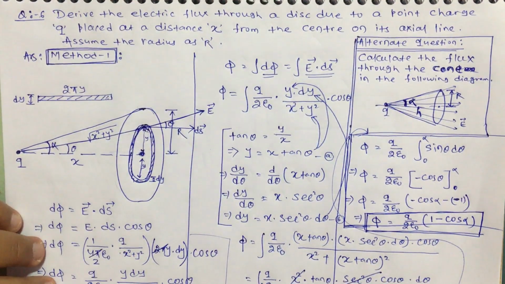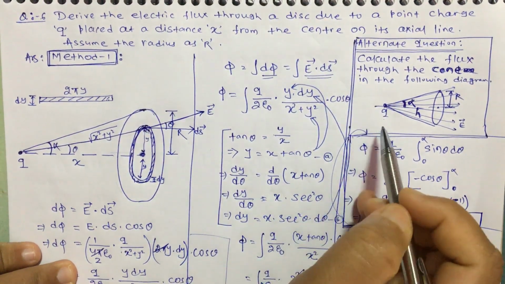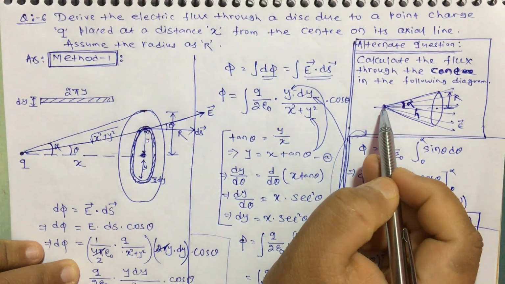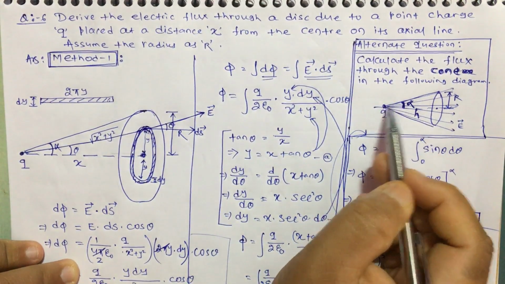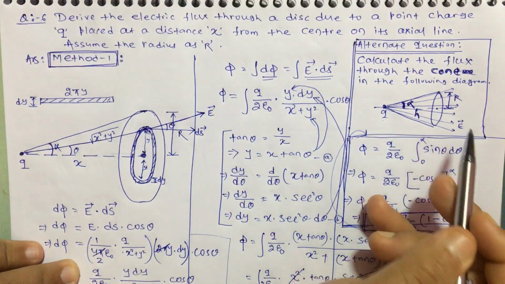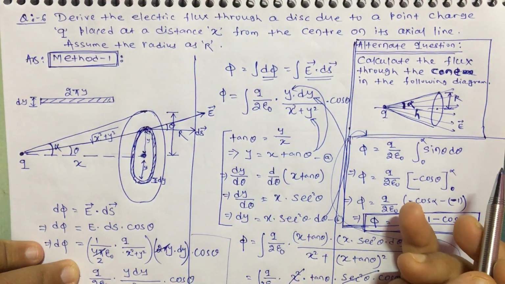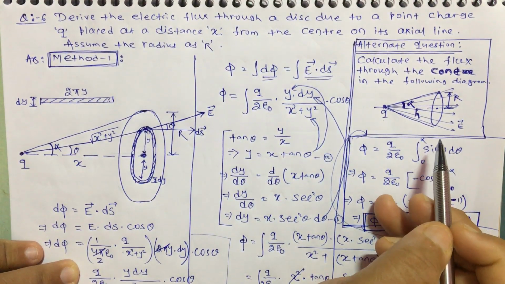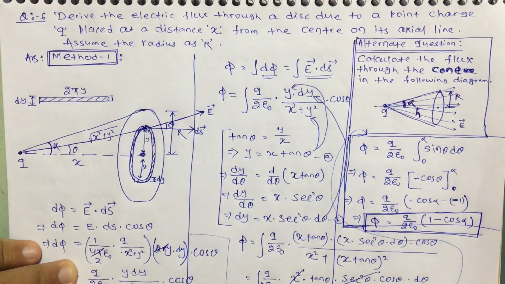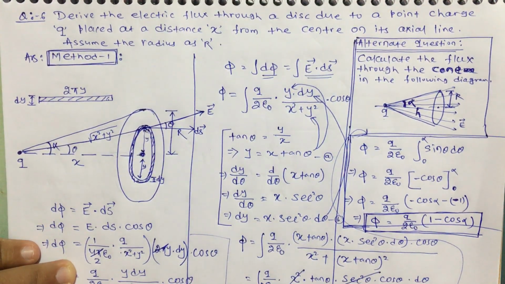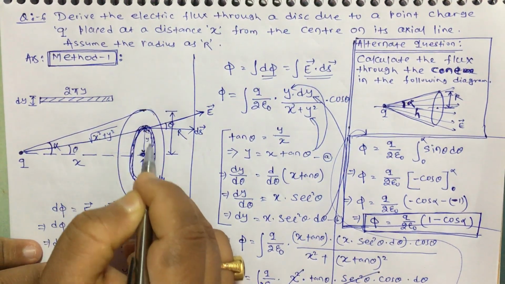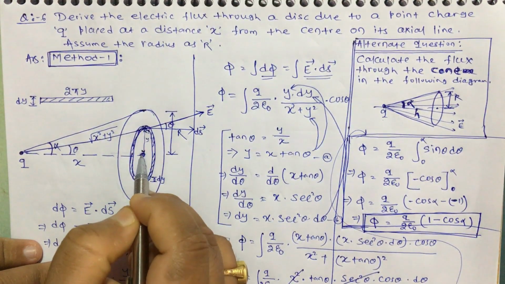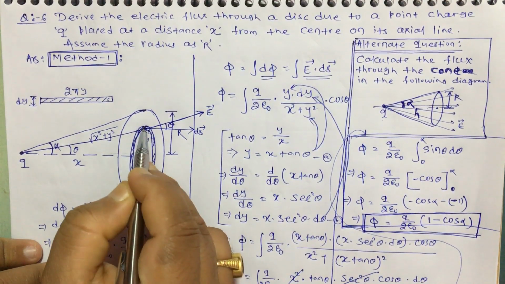Okay. Now the first thing we have to see here is that the electric field is not uniform, because the electric field is radially outward in direction, and since the electric field is not constant, you cannot use the direct formula E into S. Okay. So first you have to assume a small element and find the flux through it after that. So let this be a small element. Okay. A ring is a small element for a disc, a ring which is at a distance of y and having a width of dy.